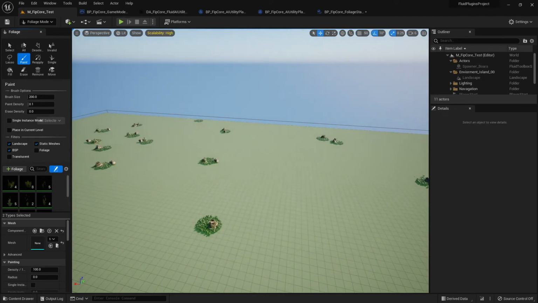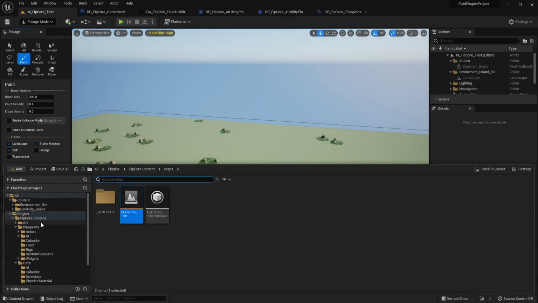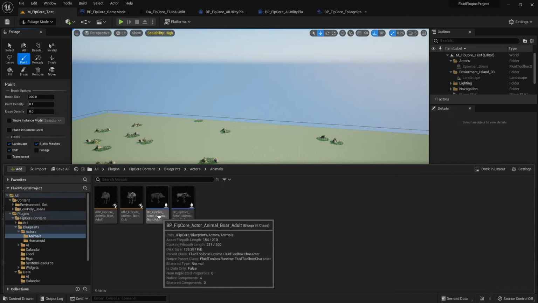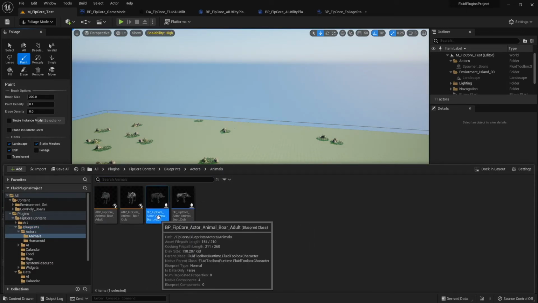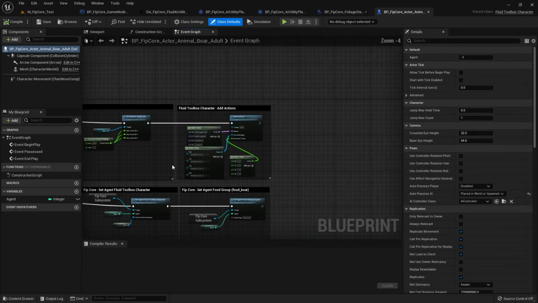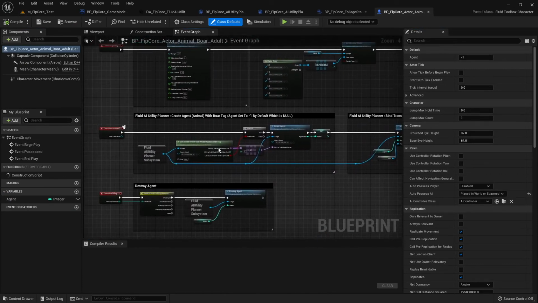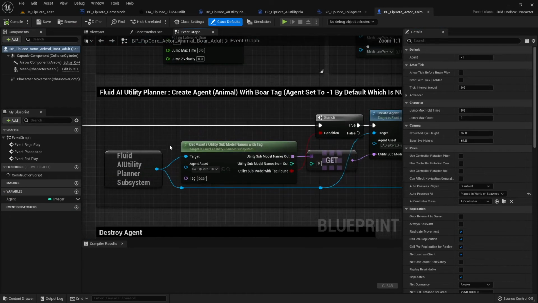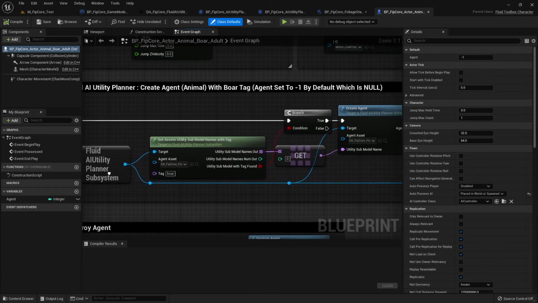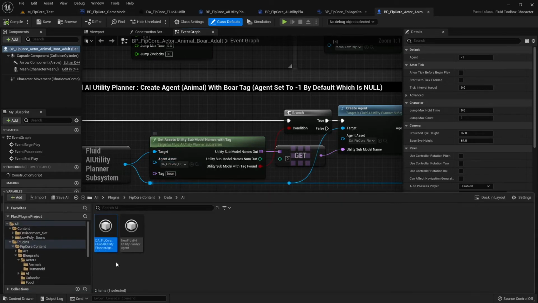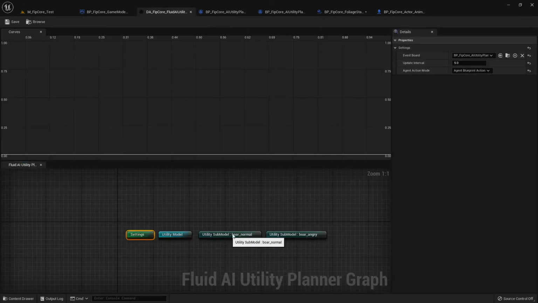Yep. So let's go over how the boar blueprint is set up. Under actors, animals, I have two types of boars, one for the adult, one for the cub. I'm just going to go over adult here, and just the AI section right now. So I used a subsystem I made. I find a submodel of this tag from this asset. So this will be this asset, and it will be, oh boy,